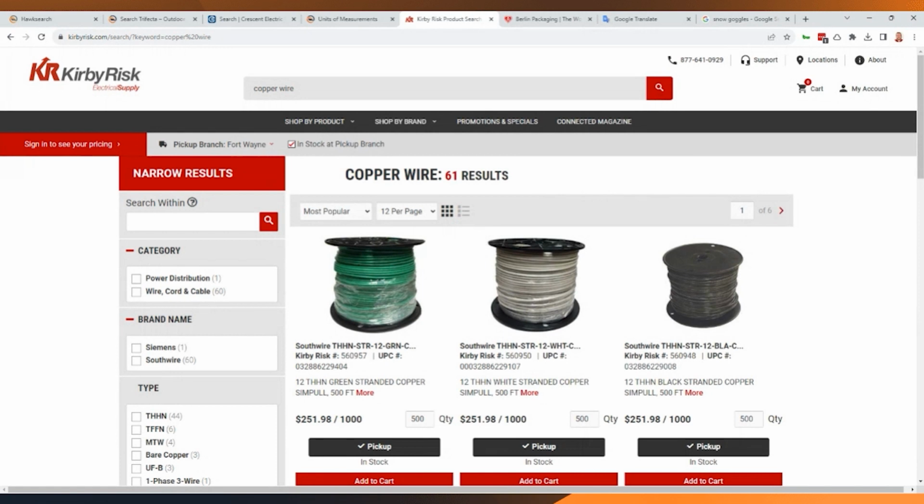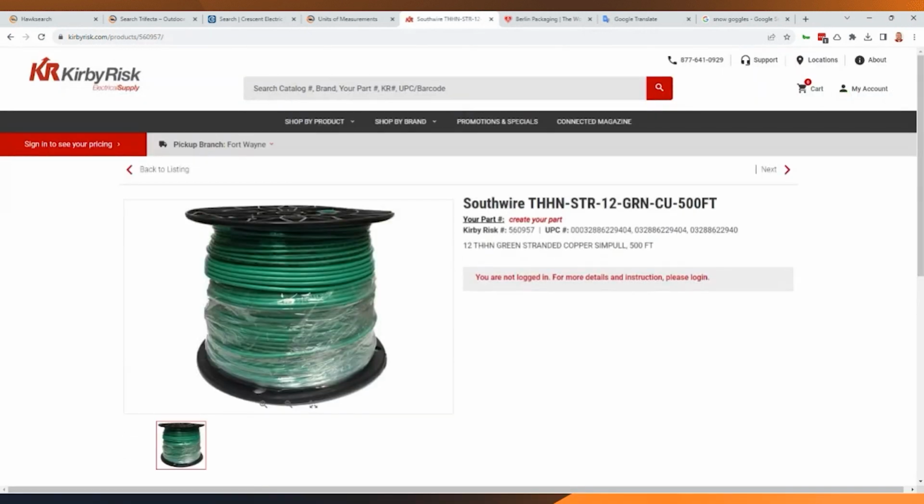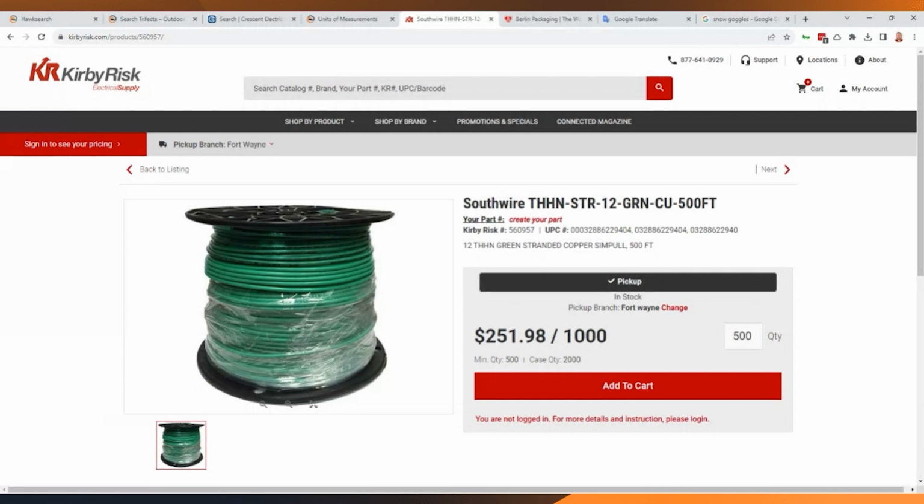So if we think about entitlement not just from the perspective of a location, but, like you were saying, individual visitors, or "I need to be authorized for this." One of the things we can help showcase here on Kirby Risk is how we support customer-specific part numbers. Of course, we can search on all of the other part numbers. HawkSearch has really great support for part number searching.